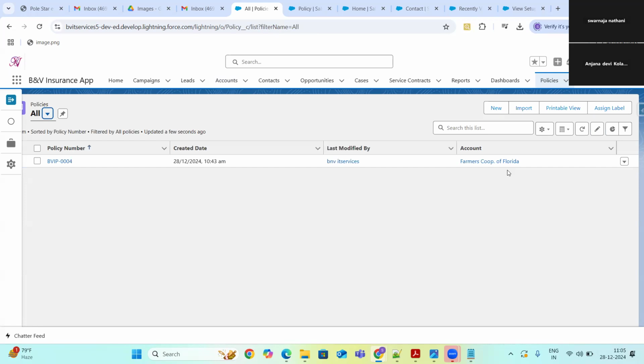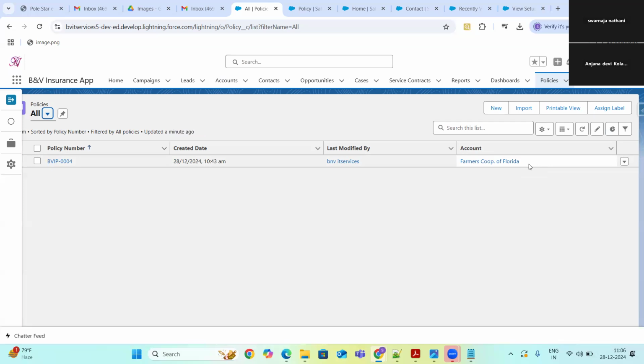Okay. And the interview questions they'll ask you: is it possible to convert a master detail to lookup? Yes, that's possible directly. No precautions, nothing required. You can convert master detail to lookup at any point of time. Okay. Then vice versa. Is it possible to convert a lookup to master detail? Yes, that is also possible, but the values of that particular field should be populated on all the records. Then only you can convert a lookup to master detail.